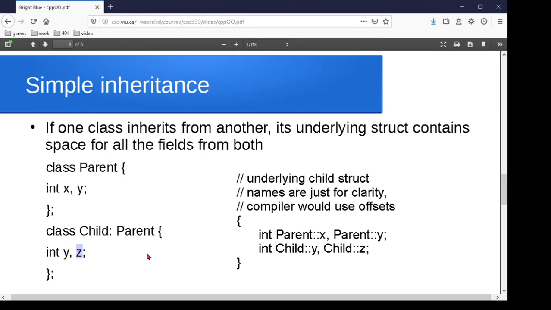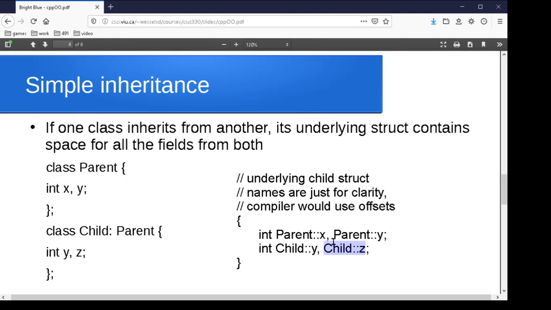So what the compiler is going to do is just say, okay, when I create an instance of this, I'll essentially create this. I'm going to put this in the sort of struct notation we would think of, but of course the compiler is just thinking of this as a bunch of memory with a bunch of offsets to it. But it's going to think of this as, okay, I've got space for the parent x, I've got space for the parent y, I've got space for the child x, and I've got space for the child z. Right? So we're just saying, okay, for each one of these things, we'll have a unique one inside the more complex